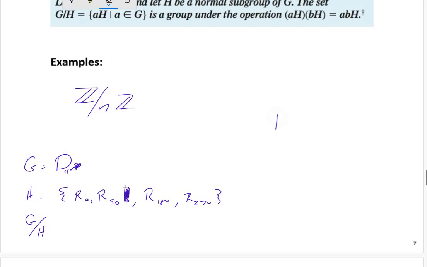So of course we would have H would be one of the elements, right? Now, that takes care of all of the rotations. So then we would have to say, okay, well, what about when we have, all right, I'm going to change this to a K